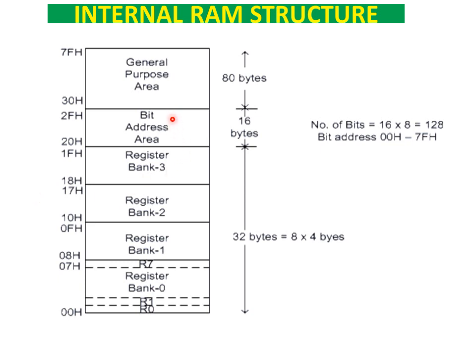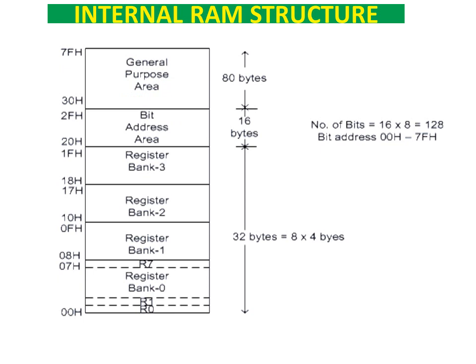And next, the area given is the bit addressable area. The starting address is 20, the ending address is 2F. This is specially used for bitwise operations or bit manipulation purposes. Then 30 to 7F, actually 30 to 3F, 40 to 4F, and so on, 70 to 7F are there, but not shown here, up to 7F, is called the general purpose area. This can be used for user programming purposes.